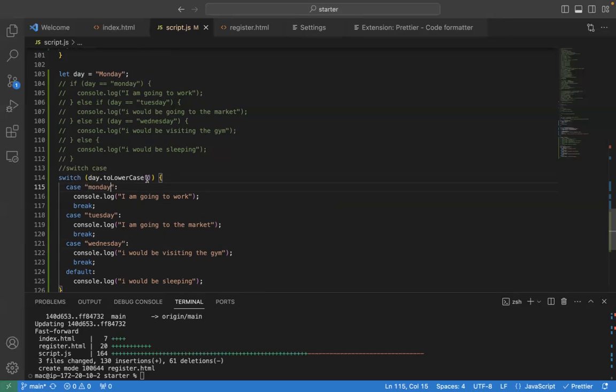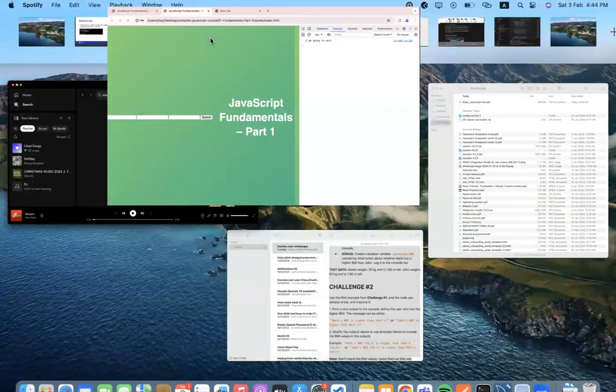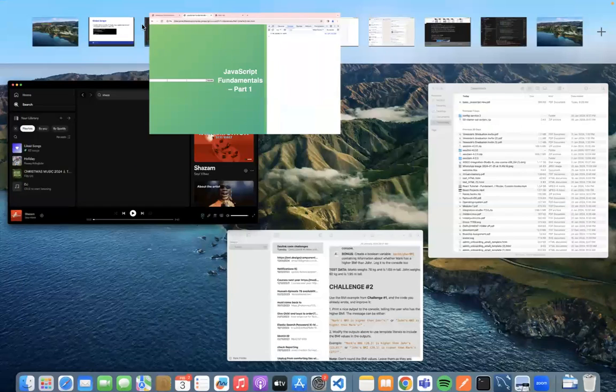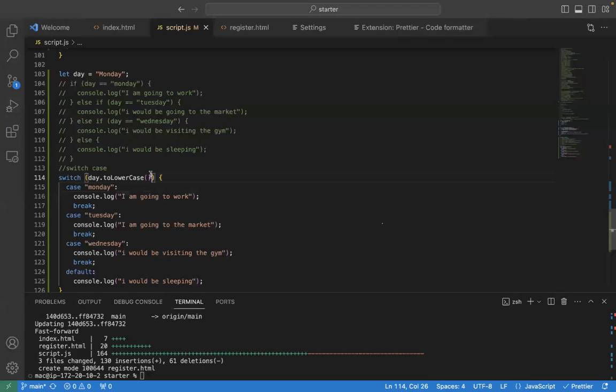So if I say day dot toLowerCase now, it will change this Monday to small Monday. That means it's going to say if the lowercase of the day you are passing, which is Monday, is equal to Monday, which is actually true. So if I go to the browser now and refresh, what do I get? I'm going to work. But if I do not put this lowercase here and I just put day,